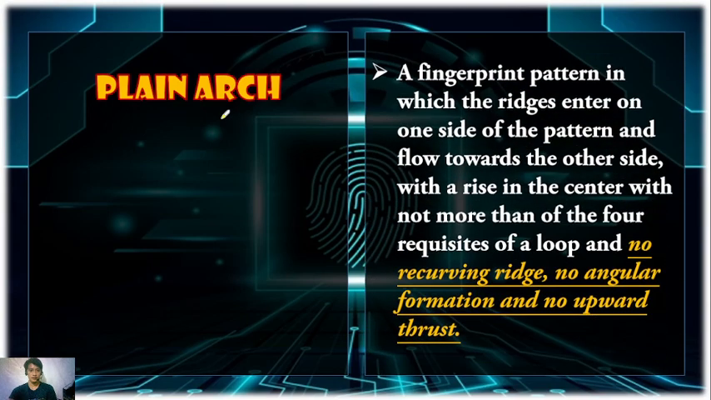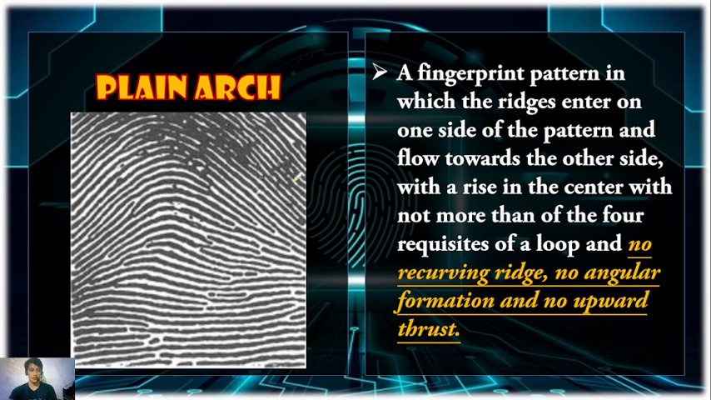So let's look at the characteristics of a plain arch. The plain arch does not have more than 4 requisites of the loop. So what is that? It has no recurving ridge. Wala tayong recurving ridge na makikita. No angular formation, because if it has an angular formation, then it could be a tented arch. Or no upward thrust, kasi possible kapag yan ay may upward thrust, that could be a